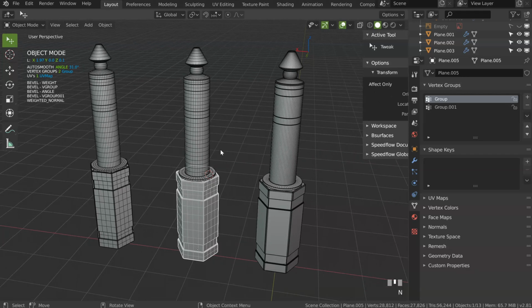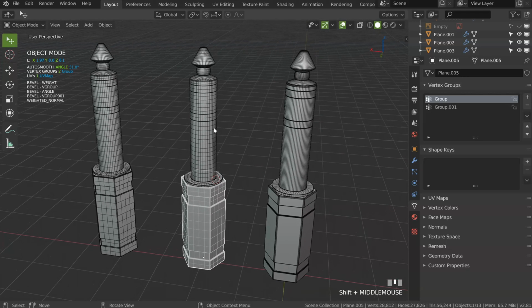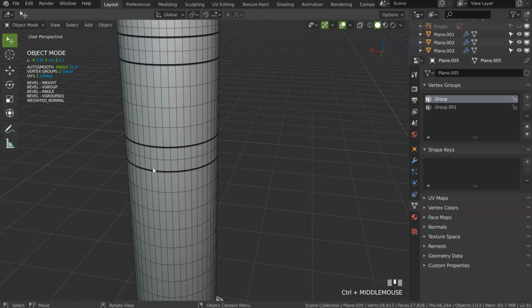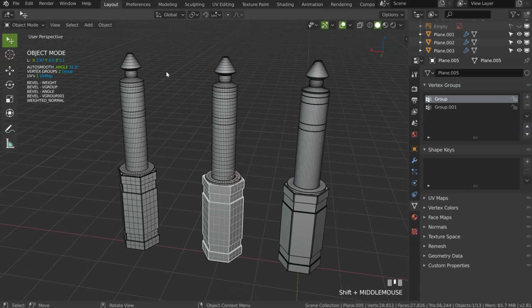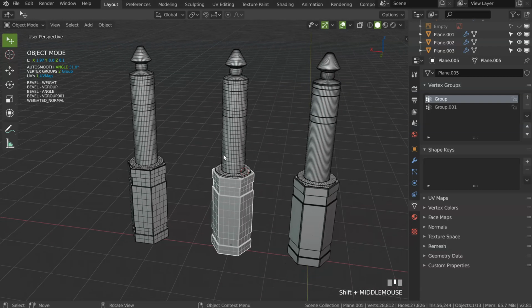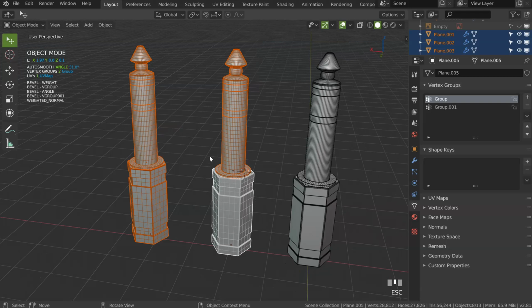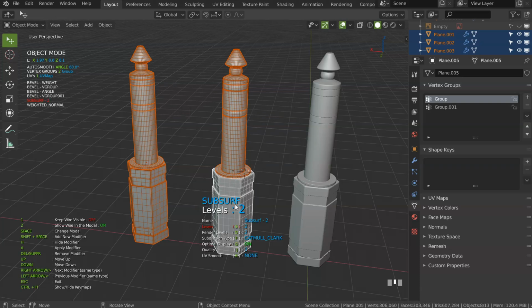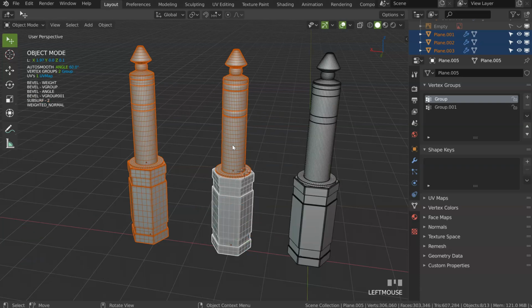So I personally like to keep some possibilities and not apply everything, because for the bevels that can take a lot of time to fix all of this. Or you need some add-ons that will help you remove the bevel and edit it after. So it's up to you. And like I said, if I take all of this and add a subdivision surface, I just have to wait a little. I will press 2, like that.